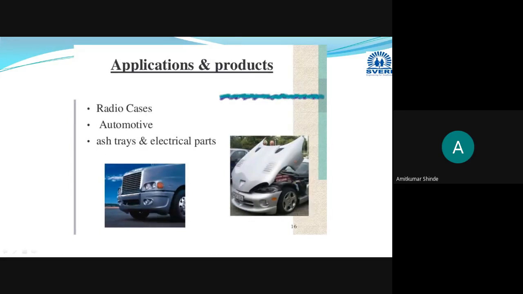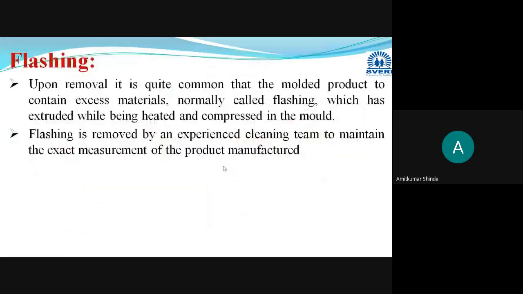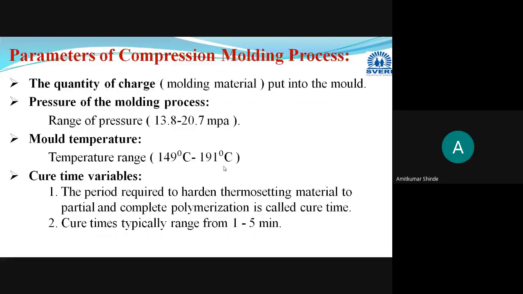Then the different automotive components. Okay, these outer exterior body panels of your automobile or whichever vehicles we are using, the cars, buses, the outer panels, exterior panels, can be manufactured by this compression molding process only. Radio cases and different automotive panels like exterior panels are manufactured with the help of this compression molding process only. Okay, so in this way, I think this method is completed.